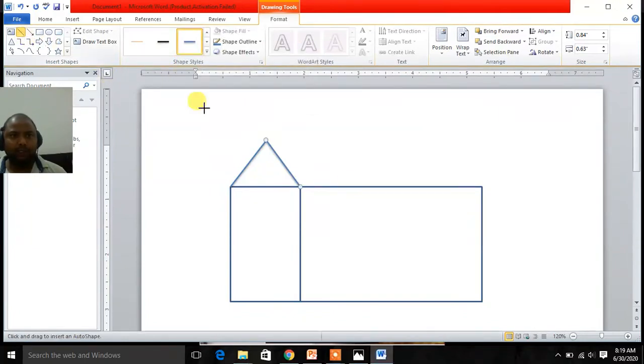Now again line and choose second option, and again line.